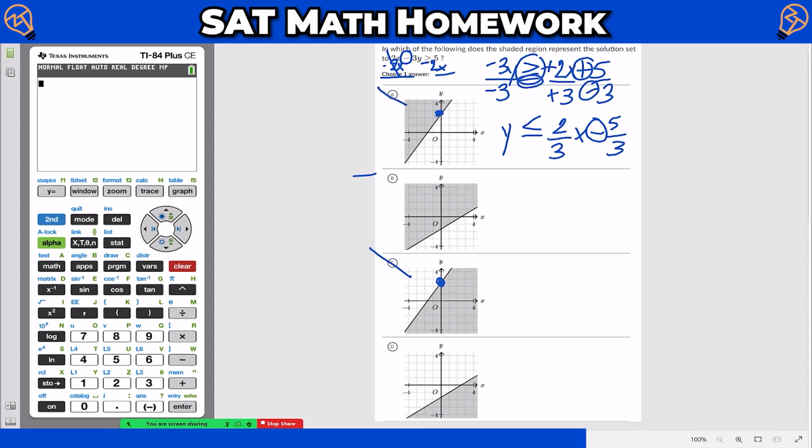For options B and D, to me those lines look the same, so I'm not going to waste time going with the slope and seeing which one's different because they look about the same to me. Now the difference between B and D is where the shading is, and because it's less than or equal to after we flipped it when we did our division, less than or equal to means the shading should be down or below the line. So that has to do with option D, whereas option B, the shading was going above